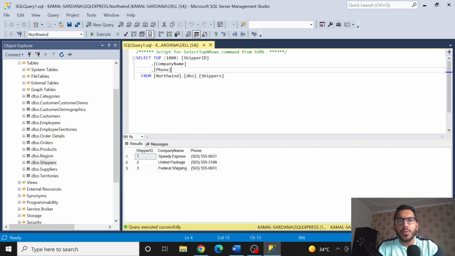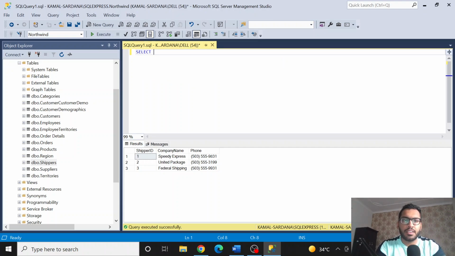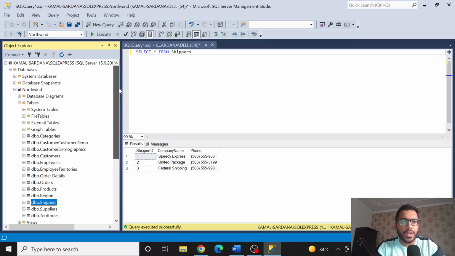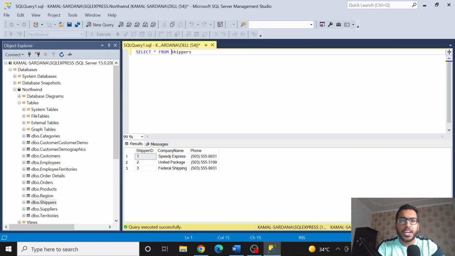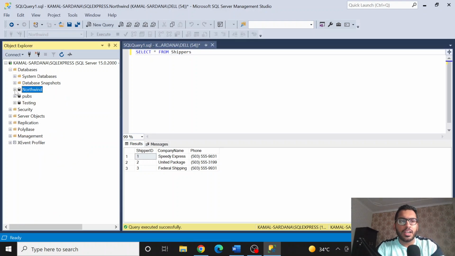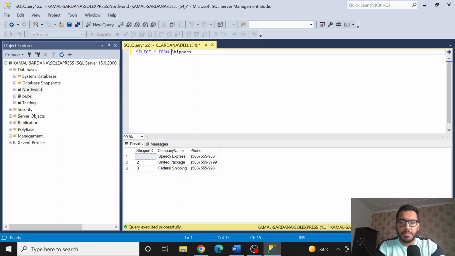Now, how can we write our own query if we want to? I can just remove all of this and write select everything from shippers, and that's it. I will execute this query and you can see the same result. But the best way to run this query is to mention your database name as well, that is Northwind. The logic is that suppose there are two databases, Northwind and pubs, and if pubs also has the same table name shippers, then my SQL Server will be confused about which table you are talking about. So we have to specifically mention